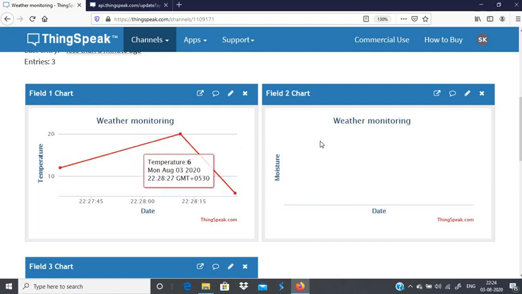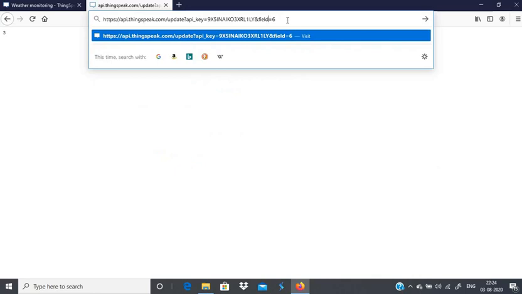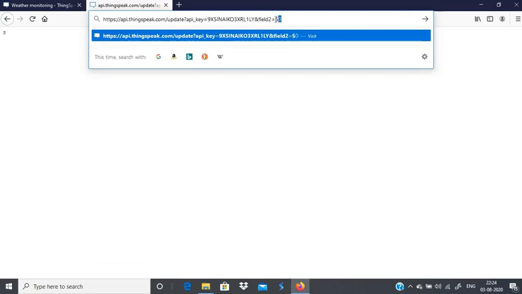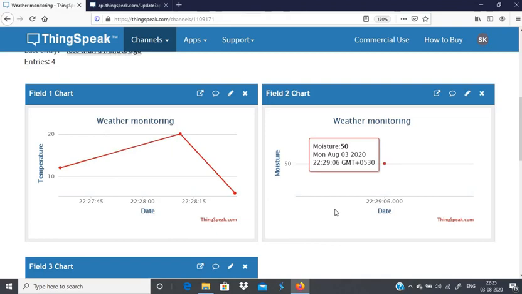Now if you want to enter data into field 2, how can we do that? Get into the same URL, change this alone. Change this to field 2. And what data you want to give here? Say you want to give 5, you can, or 50, whatever it might be. So 50 I am giving. Give enter. This is the fourth data you are feeding. See whether it got updated. Yes. So 50 in field 2.